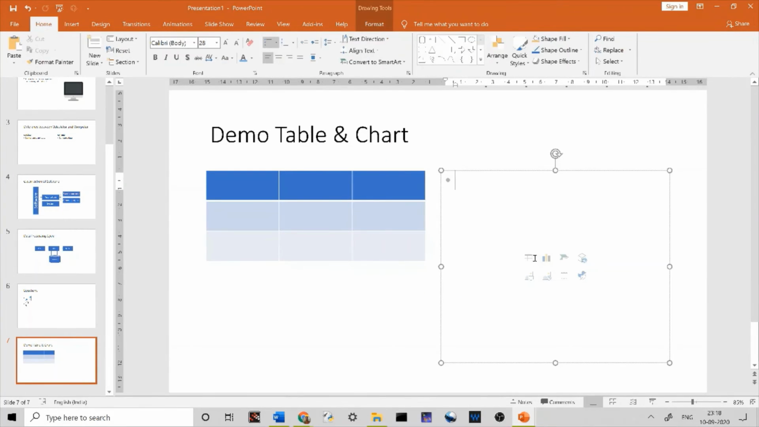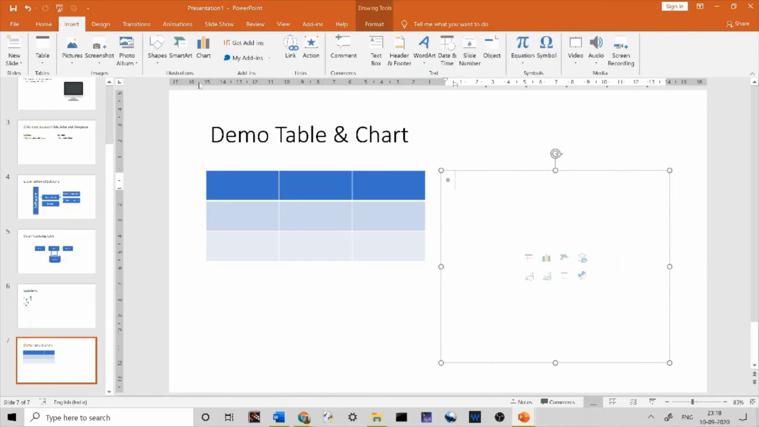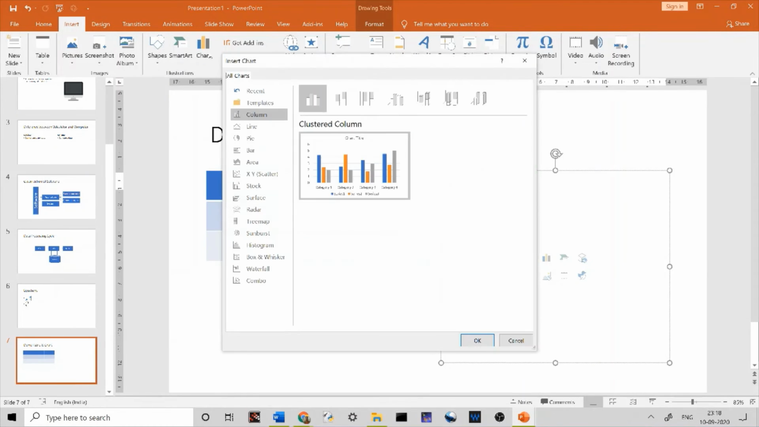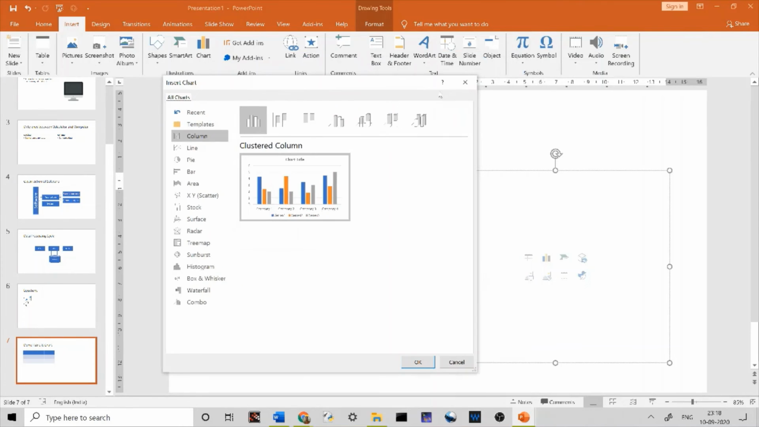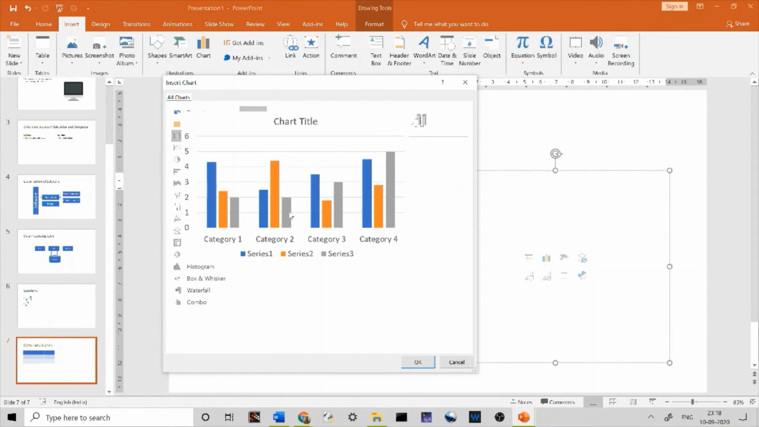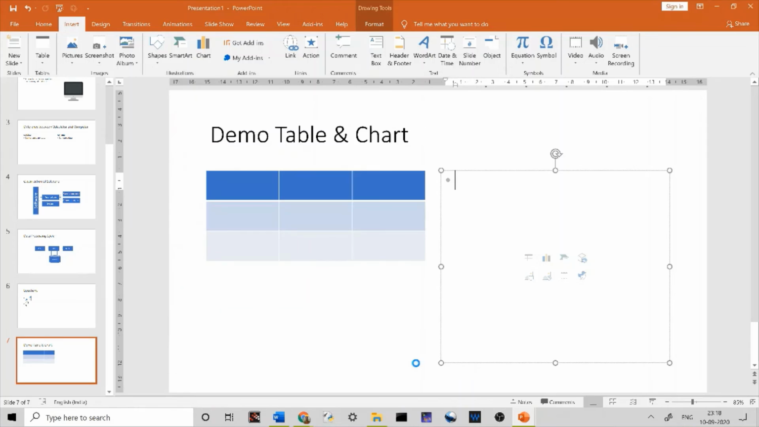We can also add some charts to our PowerPoint presentations directly from insert charts. Here also you have a chart, you can insert it directly. So I'll go for insert chart. Imagine I want a column chart. You can select the type of chart you want. This is a chart I want to create. Once you press OK,